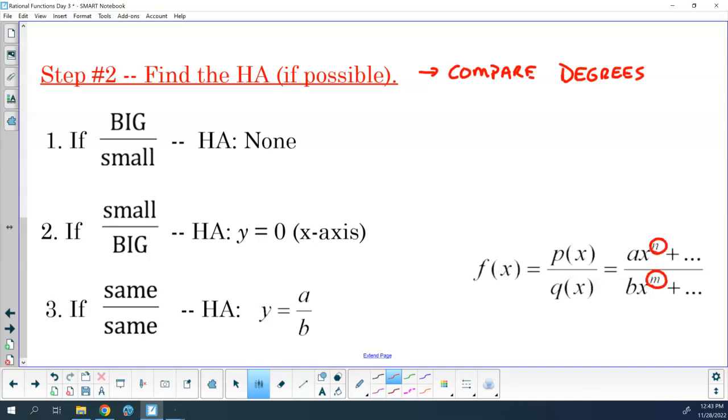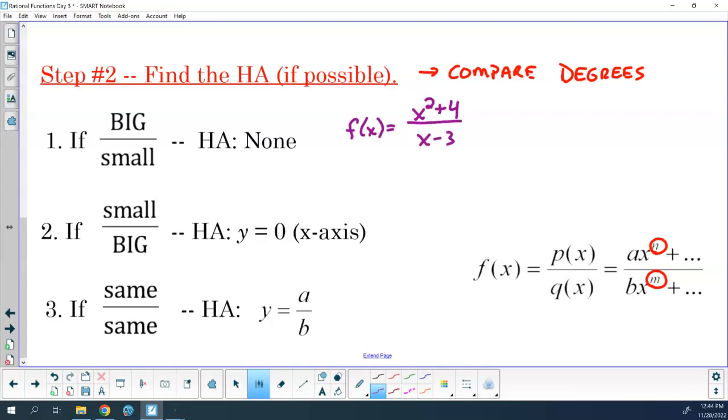We're going to compare those two numbers. Okay? So if the bigger degree is on top, and the smaller degree is on the bottom, we have no horizontal asymptote. An example of this would be something like f of x equals x squared plus 4 all over x